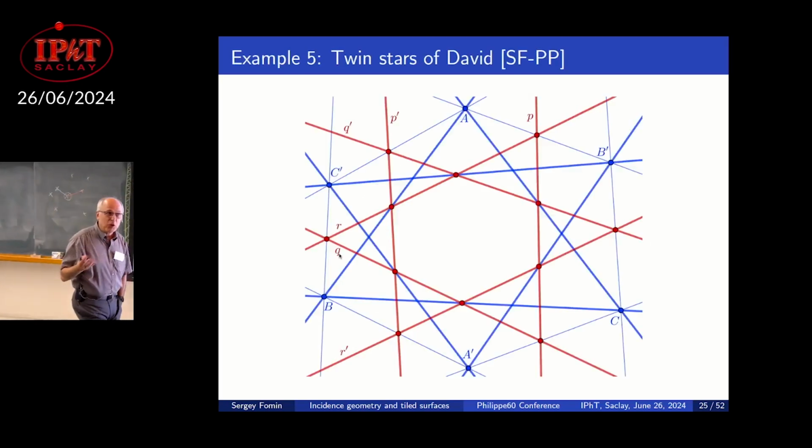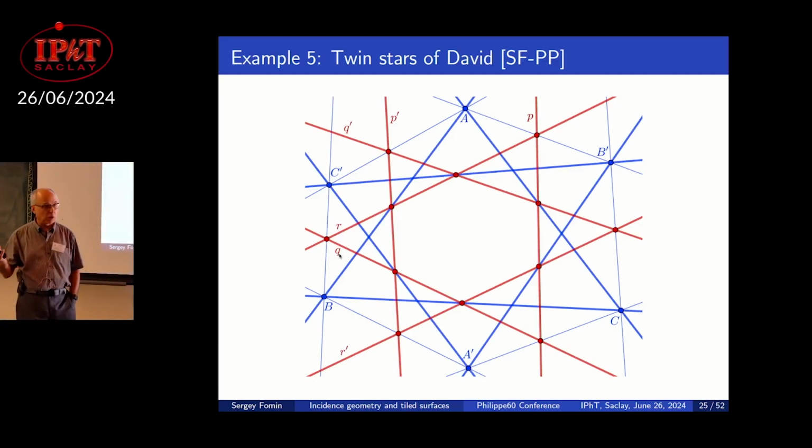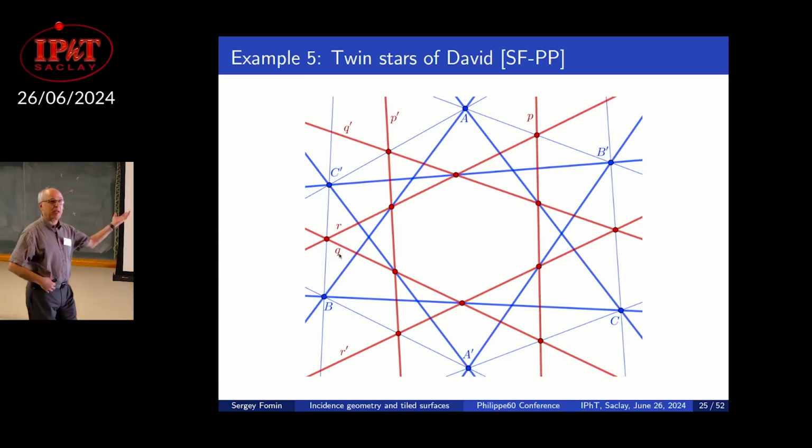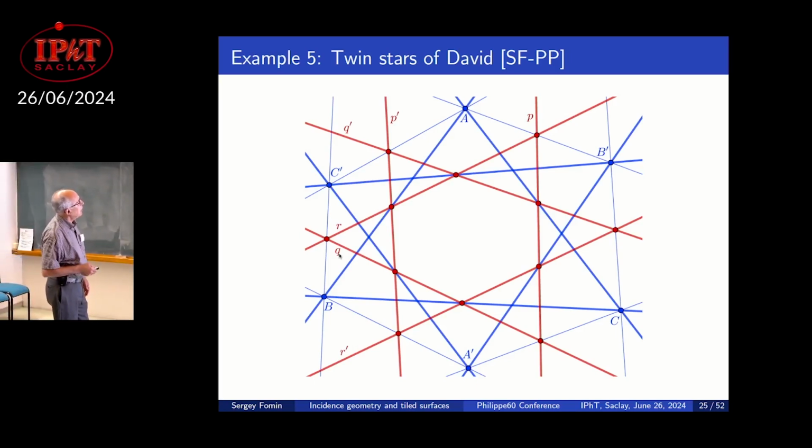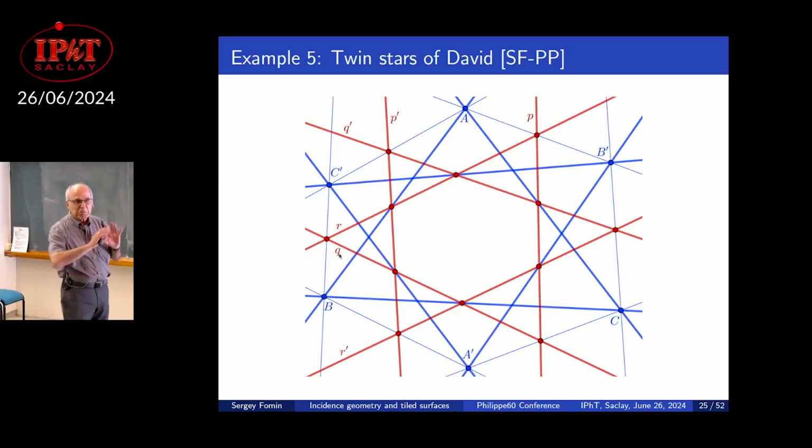Of course, we can come up with new theorems, right? Because you can just, like I just told you, start with a quadrangulation, and it gives you a theorem, right? So this is an example of a new theorem that we discovered. We call it the 2 stars of David theorem, because you can see there is a red Magen David and a blue one, and they are kind of mutually inscribed. And again, you take one of these points, like the triple intersection, imagine this is not given to you and everything else is given, then this will follow from the remaining incidences, right? How in the world could one even come up with a statement like this?